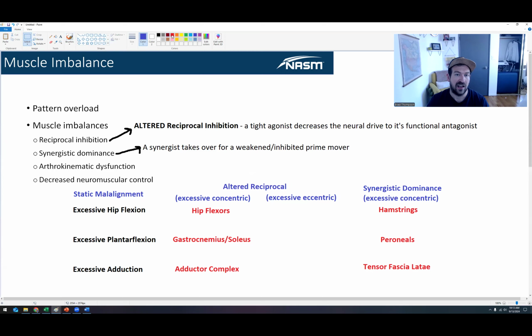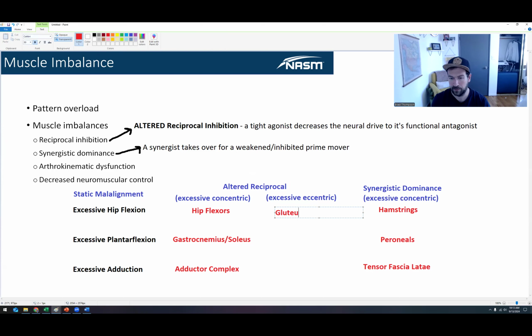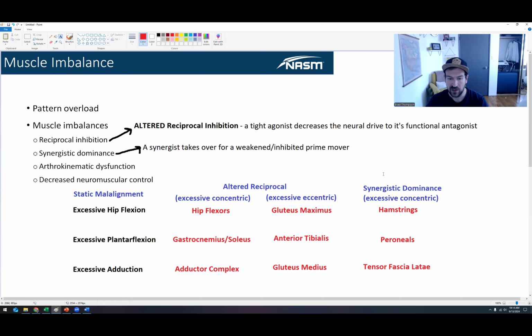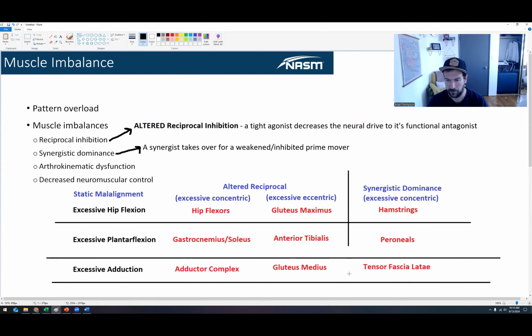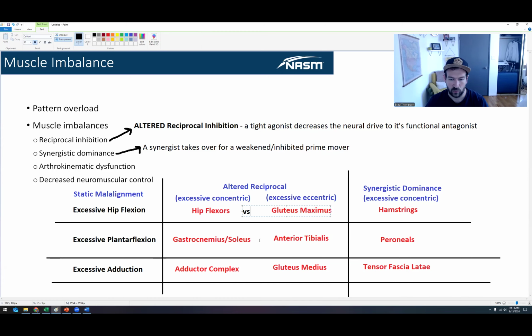So again, now my glutes are not firing because my hip flexors are firing. My anterior tibialis is not firing because my gastrocnemius is firing. My gluteus medius is not firing because my adductors are firing, right? So there's our little table here, kind of explaining what's going on, which muscles,